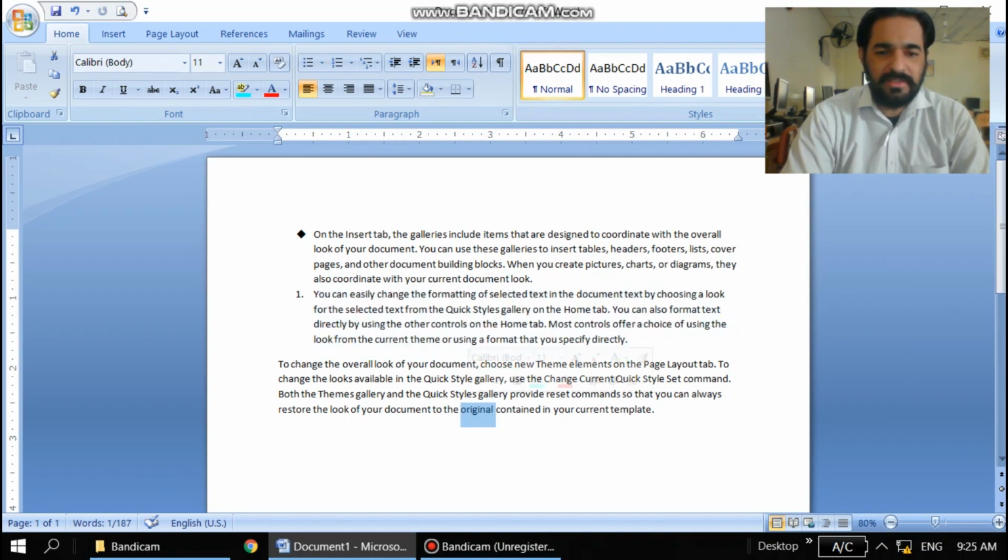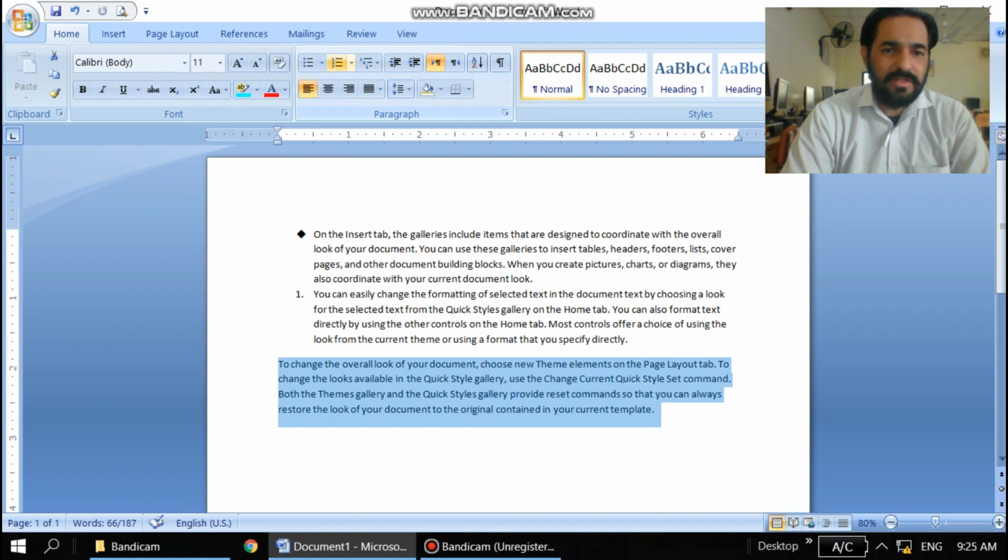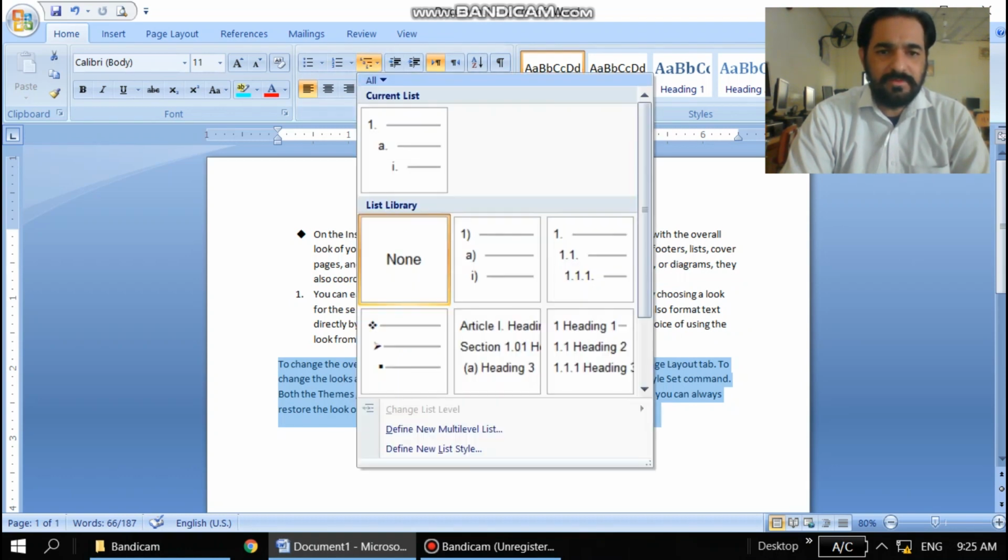Now I am adding the next one. What is the next one? These are the multi-level numbering or heading articles. I can add different number levels. The current list is 1, A and I. For example, you are making MCQs-based content, or you are writing a paragraph with different types of headings.